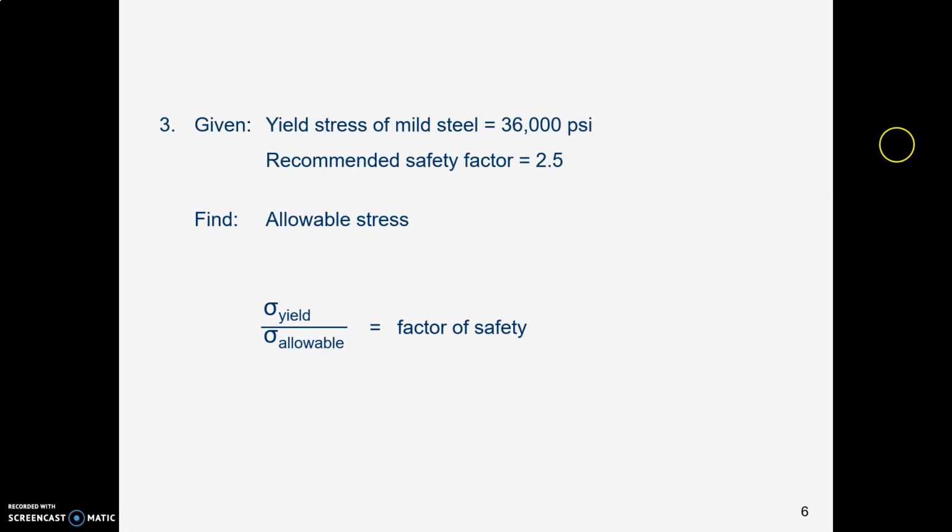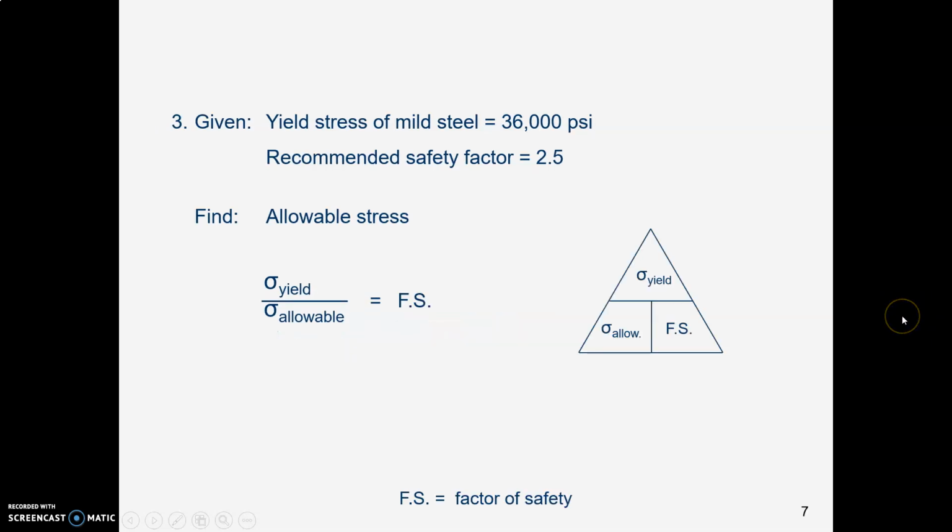What often happens, though, is you know the yield stress of your mild steel, and somebody gives you a safety factor. So let's say the safety factor is 2.5 in this particular kind of structure that you're doing. So you need to figure out, okay, how much stress can you allow yourself? Here's our formula. Yield stress over allowable stress is factor of safety. Well, what could you do? You could put that